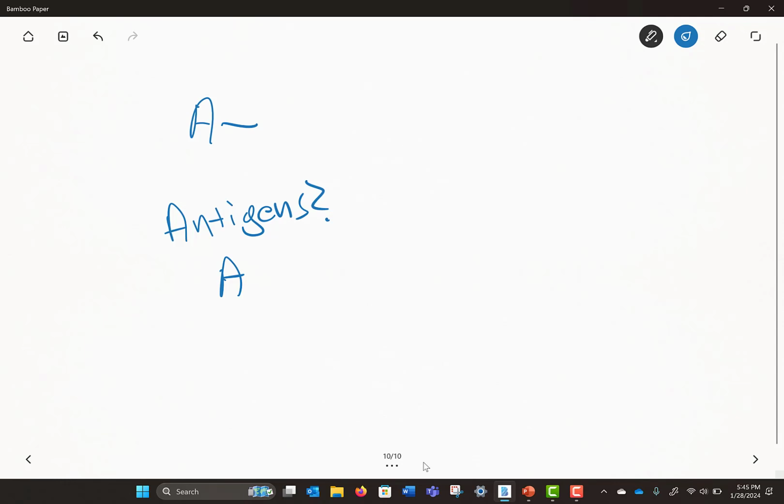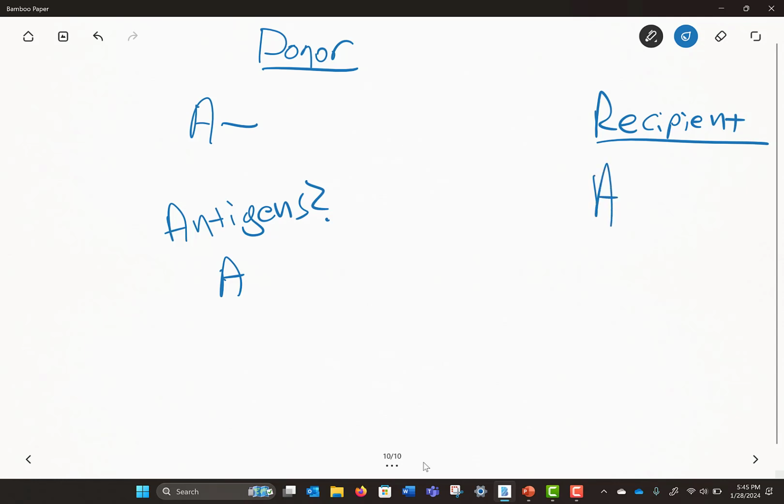No. So, if this person is the donor, well, the recipient needs to have antigen A. This person, the recipient, can be blood type A negative because that's an exact match. The recipient can be